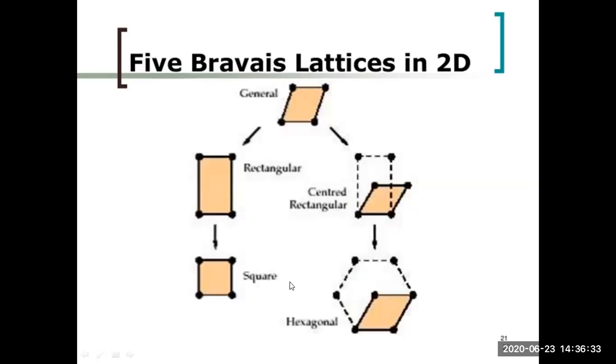Next is five Bravais lattices in 2D. Five Bravais lattices in 2D: general, rectangular, square, hexagonal, and centered rectangular. So we have just five different types. The one rectangle, it can be placed in this way,